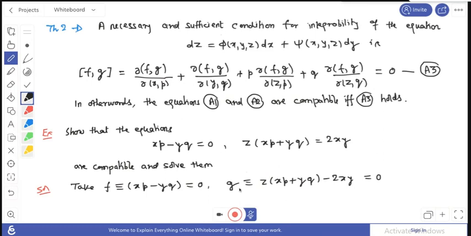Then using these two equations, you can find the explicit form of p in terms of x, y, z, and q in terms of x, y, z. Then putting them here, this is your p, this is your q, and then you find dz equals p dx plus q dy, and then integrate that, and you can find the general solution. Okay, so all these things we do on the next page. Okay, so here, if this thing holds,